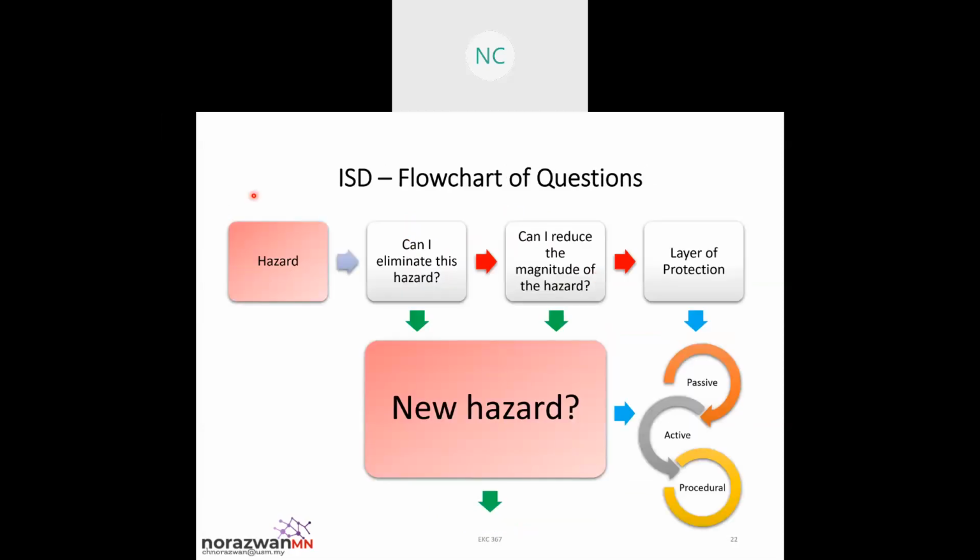So this is the flowchart of questions, because ISD is a way of thinking. So you need to think. You found some hazards inside your equipment or your process or your plant design. Then you start to ask yourself, can I eliminate this hazard? Just work from one hazard to one hazard. Look for one hazard, can I eliminate this hazard? If you can eliminate this hazard, it means that you already apply your ISD, maybe you make a substitution. So when you make a substitution with other chemicals, you ask yourself again,